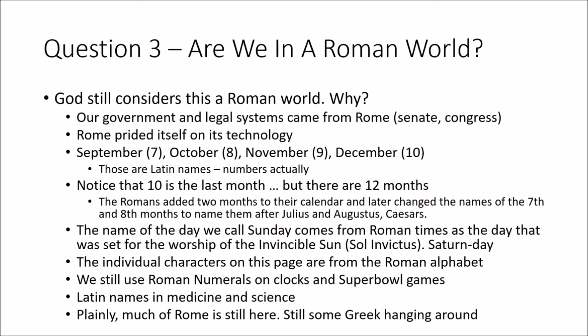And when you look around and really look at things, you'll see an awful lot of Rome still here. And one of those things is our government and legal systems. As I said, Rome was the first place to really put together a legal system like that, where you had representatives that acted on your behalf in the legal system. And a lot of words to do with government and legal systems come to us from that. And one of those is Senate. Senate is a Roman word. That's where it came from, is Latin.